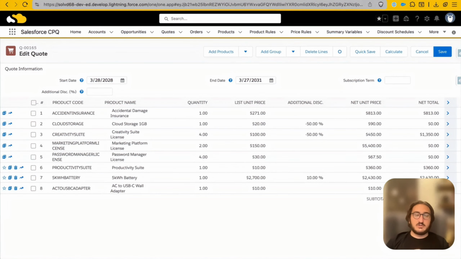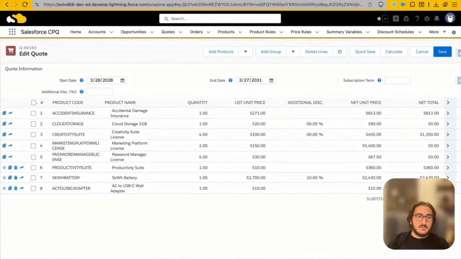And then again, what you could do is, in a dev org or a full sandbox, you could delete summary variables, undelete them, and see if that helps. We've really found that with heap size, what really helps is the bundle structure. Specifically, the more product options you have in a transaction, the worse your heap size is going to be. And then with CPU time, what we found really is